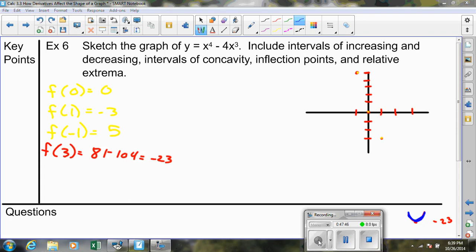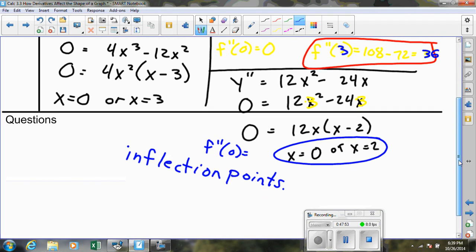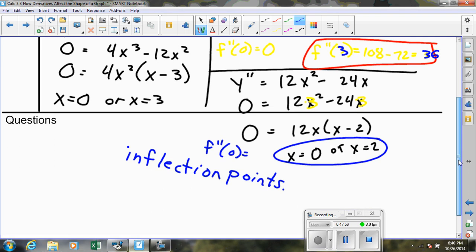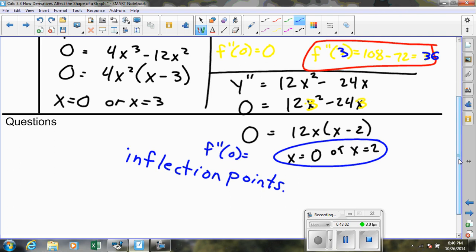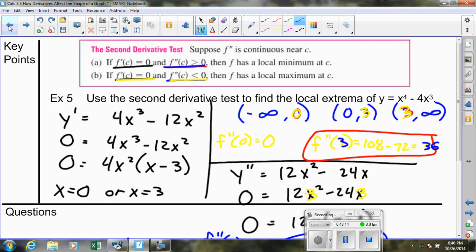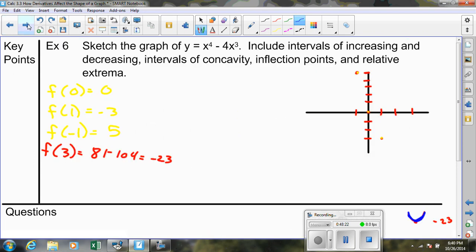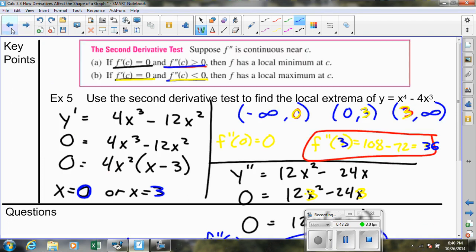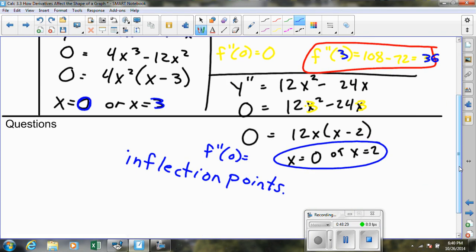One of the things that we are going to run into: we'd mentioned we had potential inflection points at x equals 0 and x equals 2. These are the places where we could have a change in concavity. Those are also important numbers to investigate because they will tell us some interesting behavior. So we already had some quick guesses that were based in part on the critical values 0 and 3, but also some easy numbers to work with like positive and negative 1. But we also came up with this plot for a potential inflection point at x equals 2,